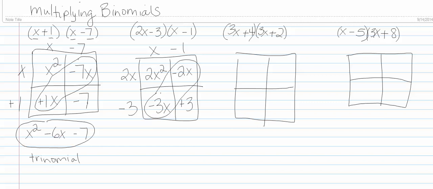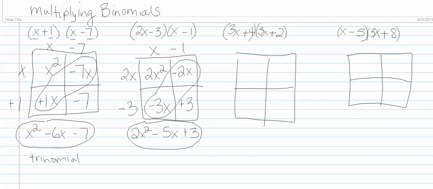Starting with my highest power first, I have my 2x squared. Now I've got my negative 3x, which can be added to my negative 2x. And if you forget what operation to use, there's a big plus sign right here in the middle staring at you. So take those two terms and add them together. I get a negative 5x. And I got a positive 3 at the end of that. So the trinomial that results when I multiply 2x minus 3 by x minus 1 is 2x squared minus 5x